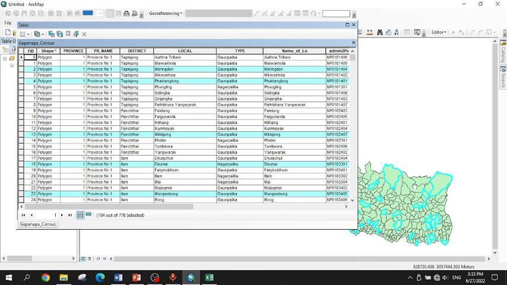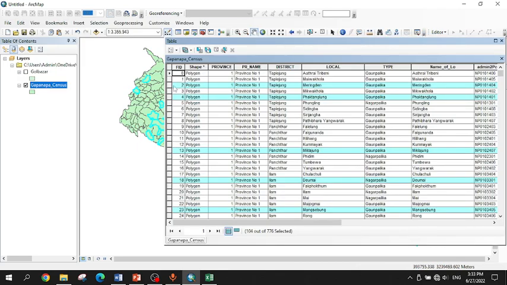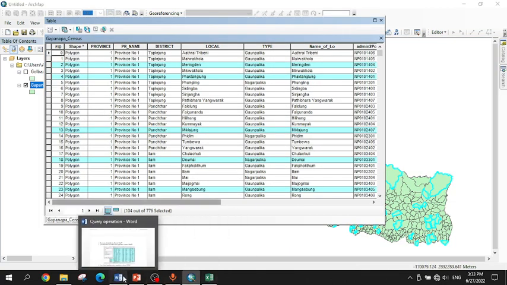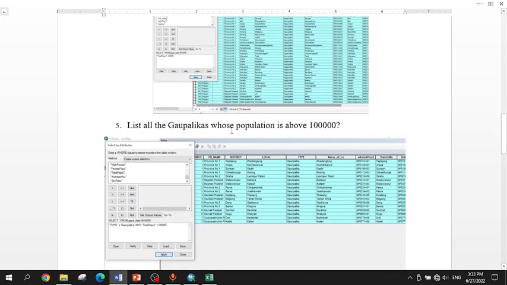You can see the local body is highlighted in this working space. After this, we are going to list all the Gaon Palikas whose population is above 1 lakh, and for that the syntax is this: type is called Gaon Palika, and the total population is greater